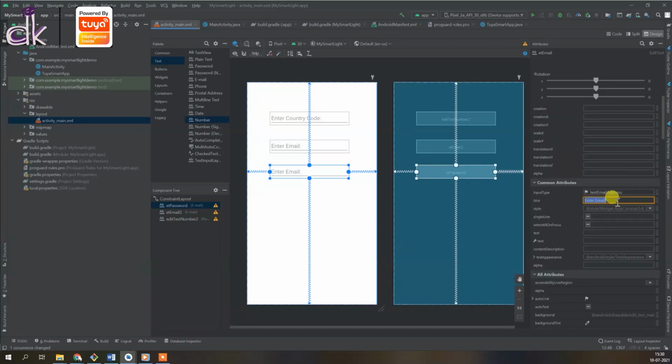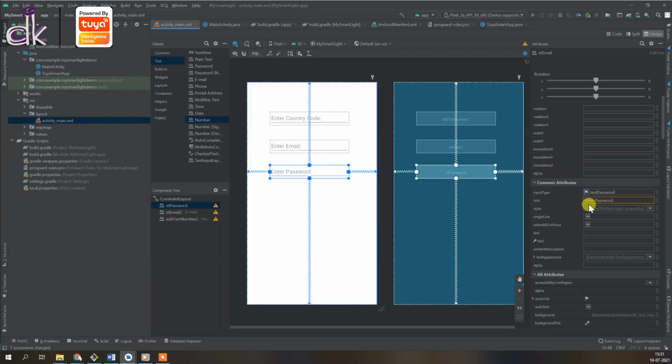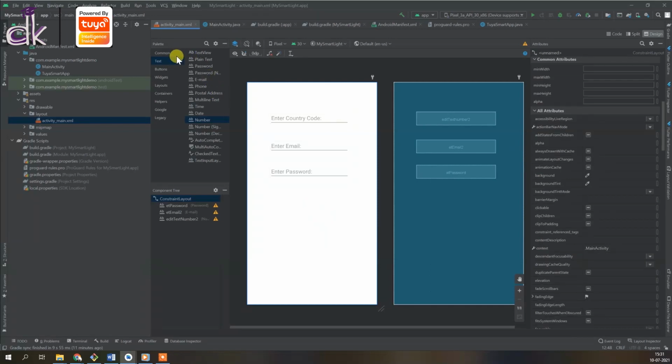Again change the hint to enter password, and the input type to text password. Alright, click on apply. So we have the 3 input types, and now we need a button to log in. So for that, I'm going to add the button.